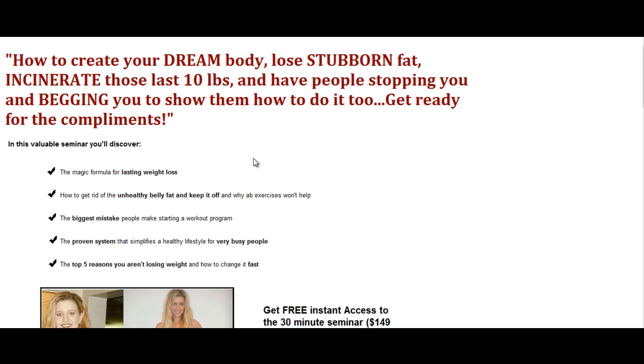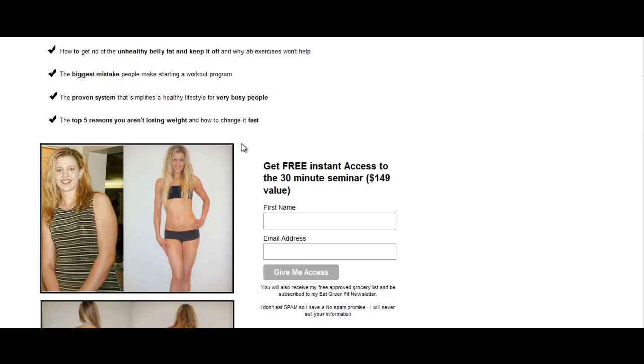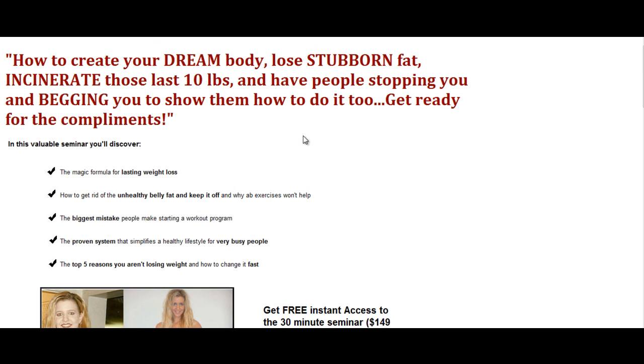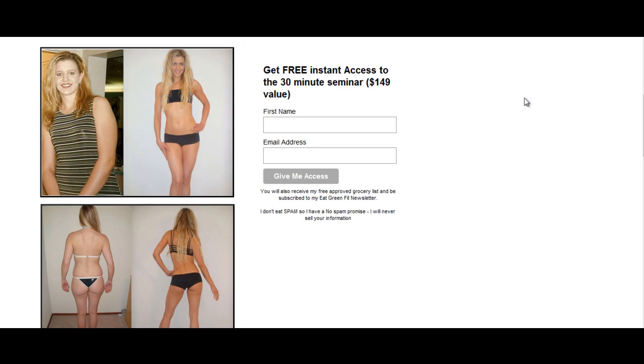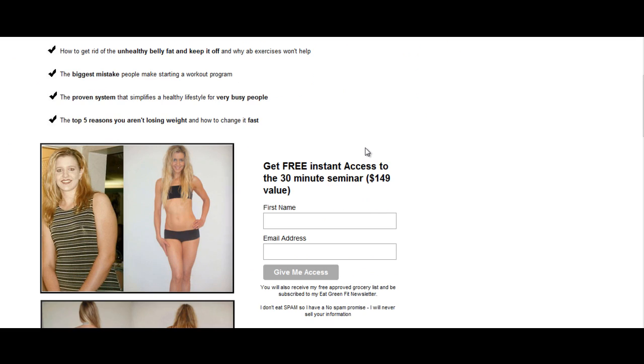Now, for me, being around for quite a while, there's definitely changes that I would make to this page. I like the colors, and actually, I do like this title, but maybe I would make it a little bit shorter so people don't have to read as much. And also, the layout of this page is not the greatest, just because of how you have to come down here. I'd probably like to see the opt-in right here, or if you're going to do it, at least something that they can opt in a little bit higher, and maybe the images a little bit higher.